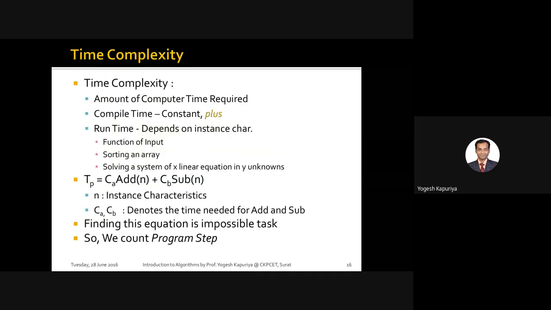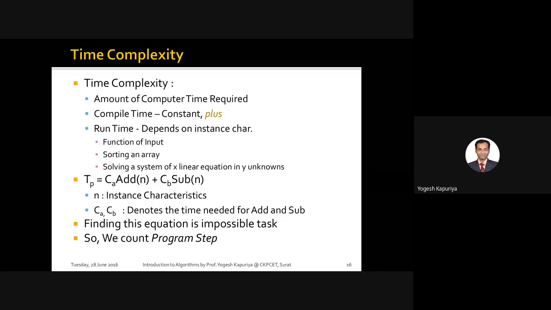You need to observe how many variables there are and what is the type of each variable, and then you add all those requirements together, and you will come up with some kind of an equation. That equation will have some fixed component and some variable component. Now, when it comes to the time complexity, again here also you require 2 components. One is a fixed computational time, and second is a variable time, which depends on the runtime.